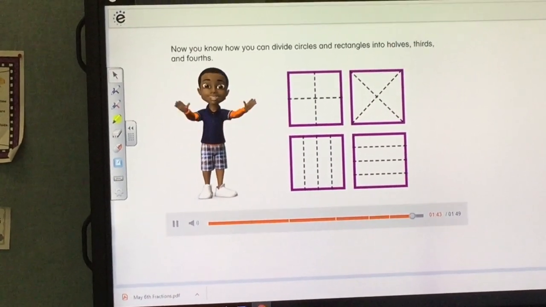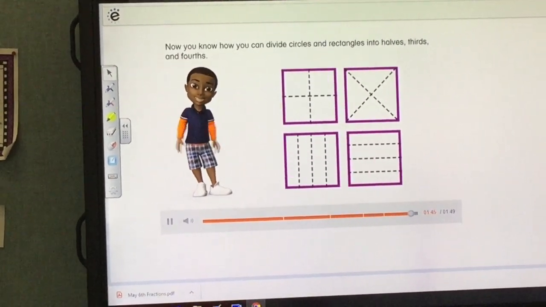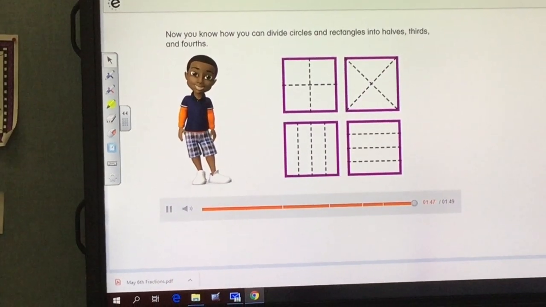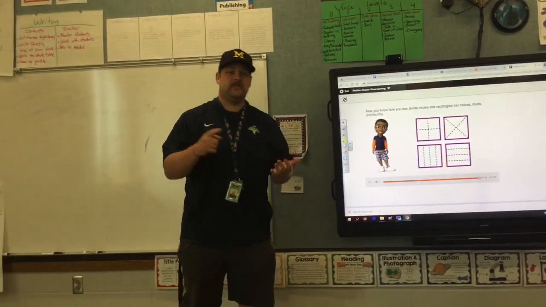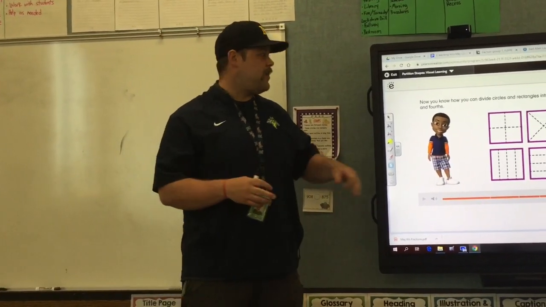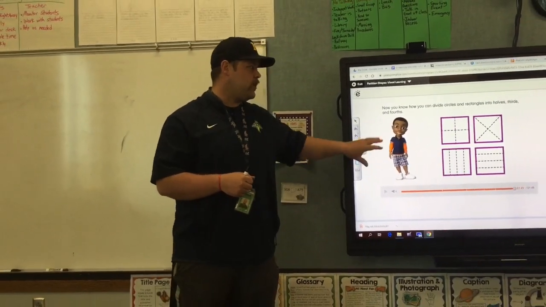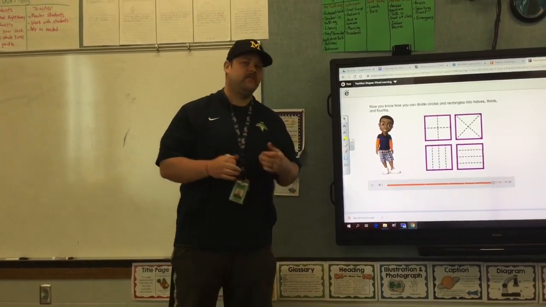Now you know how you can divide circles and rectangles into halves, thirds, and fourths. All right, so today on Seesaw Showbie, you're going to have Envisions, and you're going to have a lot of questions that relate to dividing shapes into